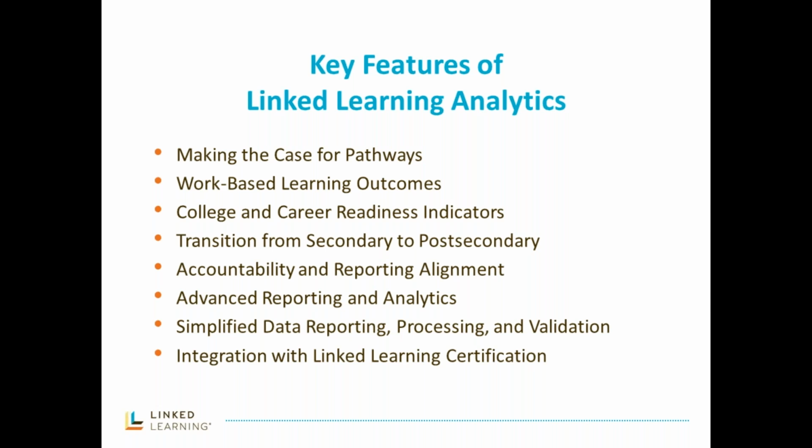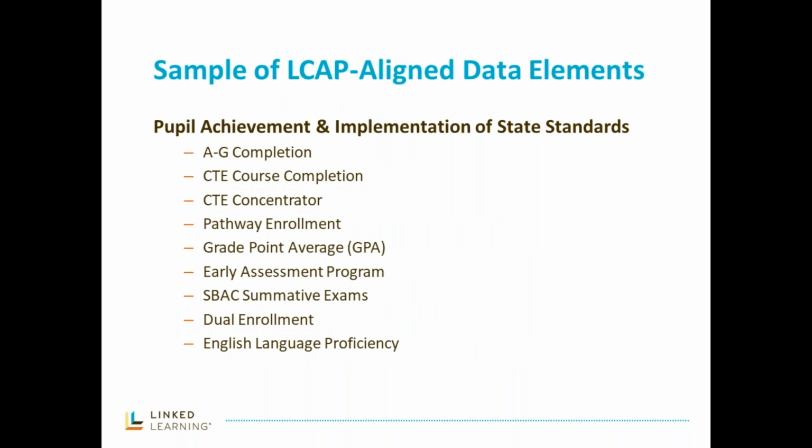These metrics will help pathways, schools, districts, and regions identify success in access, opportunity, and outcomes in high school linked learning pathways, and ultimately in college and career success. The goal of the practices informed through these metrics is to ensure that more students, particularly our unrepresented students, complete high school, earn a college degree and/or professional credential, and enter financially sustaining and personally relevant careers. These are a sample of LCAP aligned data elements currently available in linked learning certification.